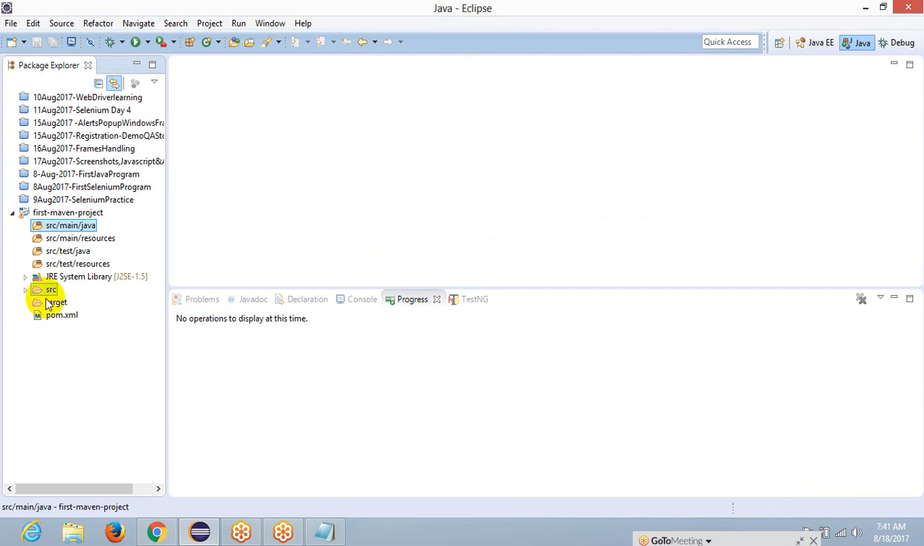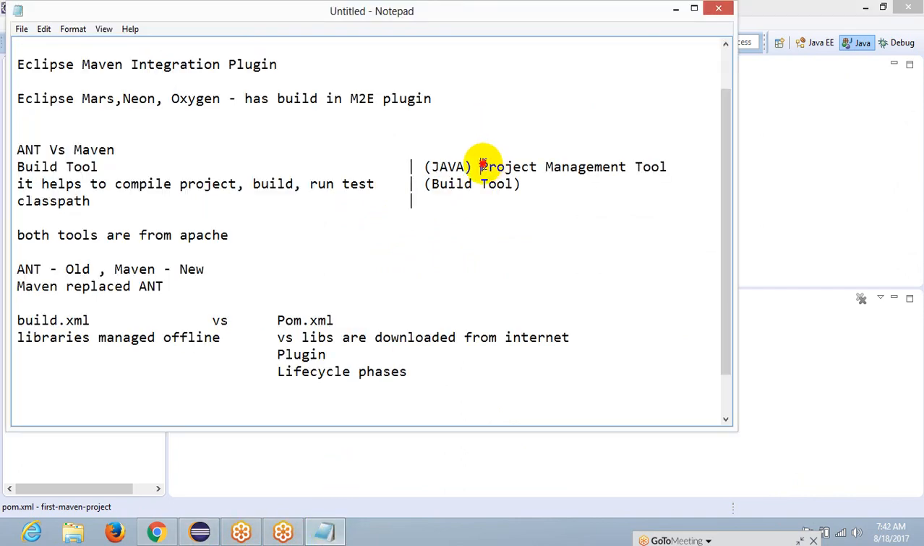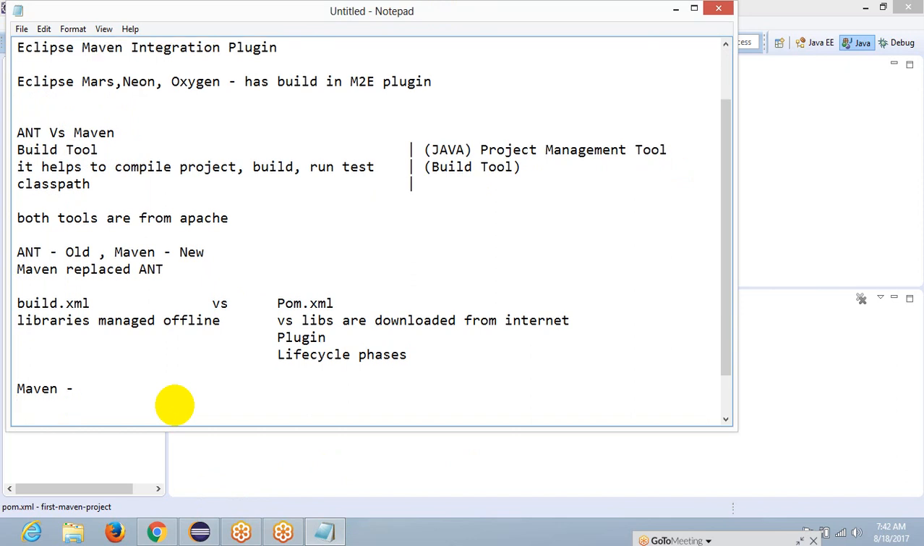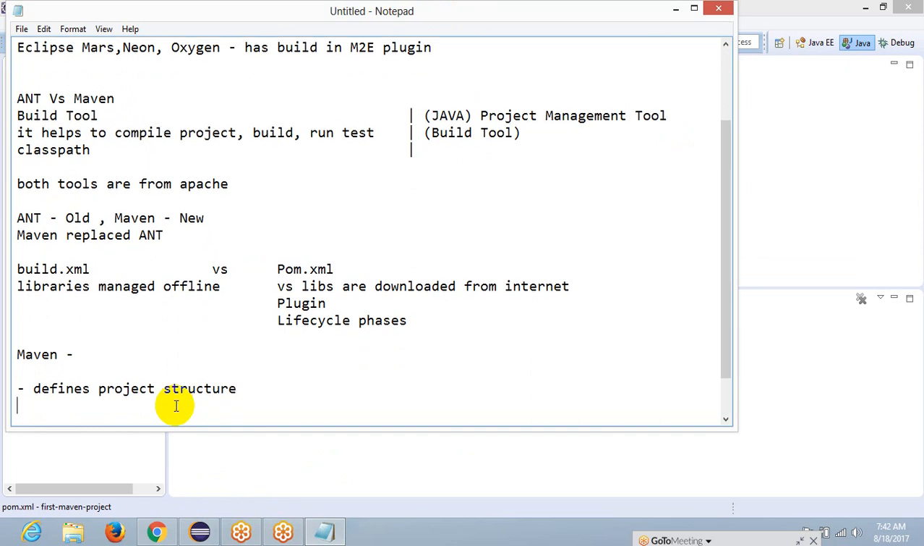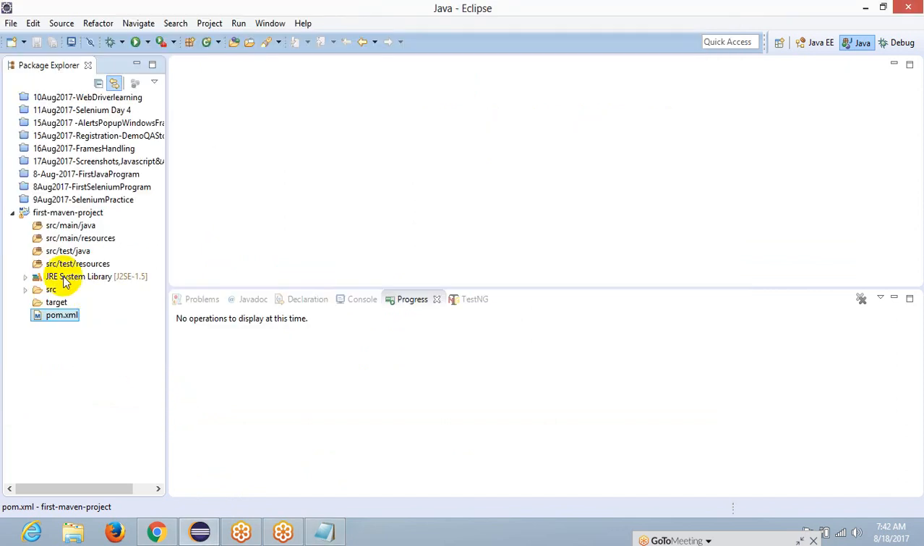Can you see some folder structure is already defined? This folder structure is predefined by Maven. That is one of the reasons why it is known as a project management tool. It defines your project structure. When I say Maven defines project structure, that means it gives packages and folders for where to write which script. So, for example,